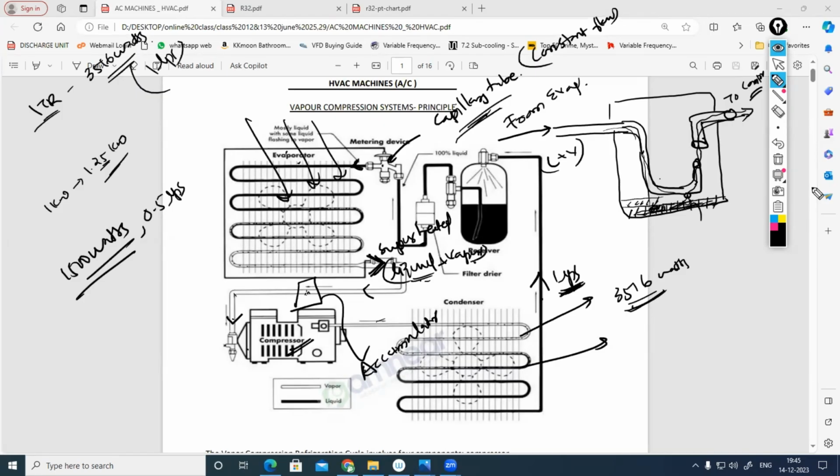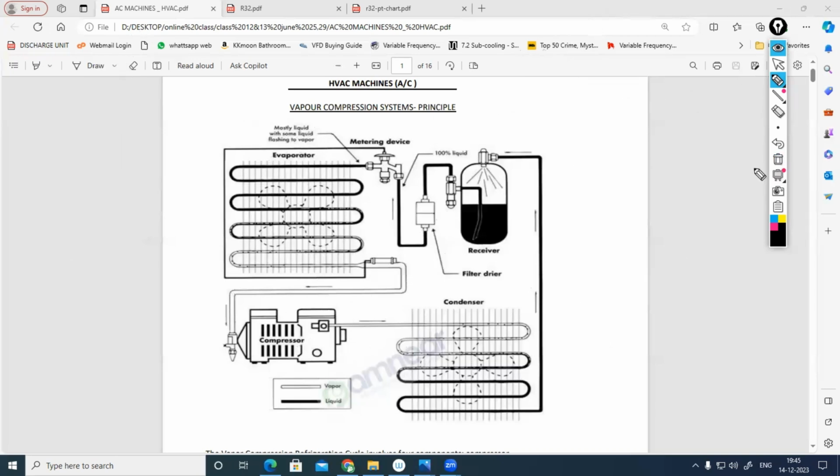Okay, but the location of the accumulator is important. If you are using a capillary tube, after the evaporator, before the compressor, we introduce the accumulator. But if you are using a metering device, expansion device or throttling device such as a thermostatic expansion valve, which is a mechanical valve only, or an electronic expansion valve, which is the most common type of valve nowadays, or an automatic expansion valve,